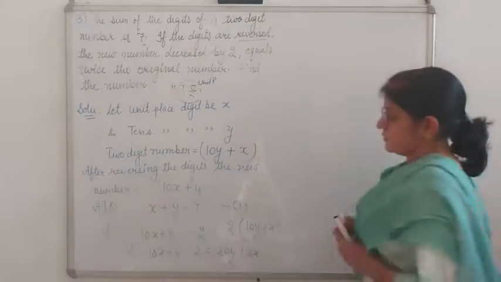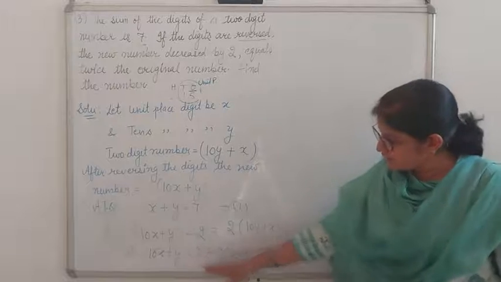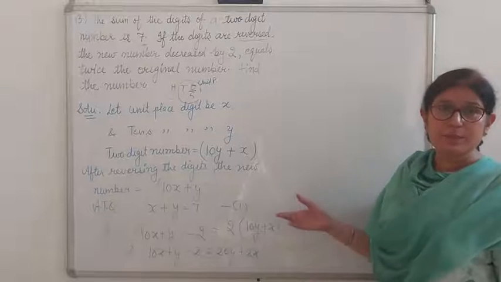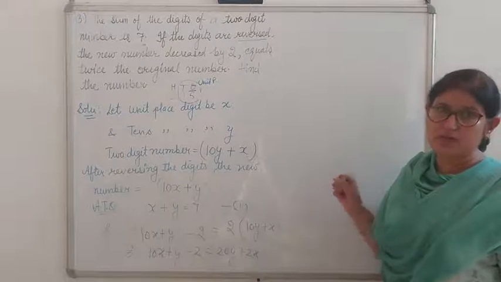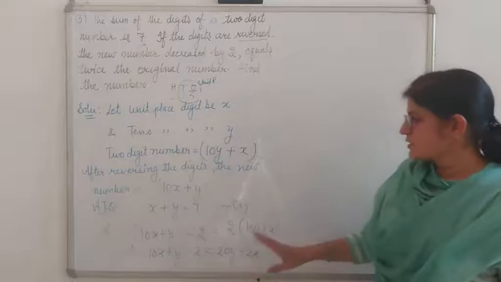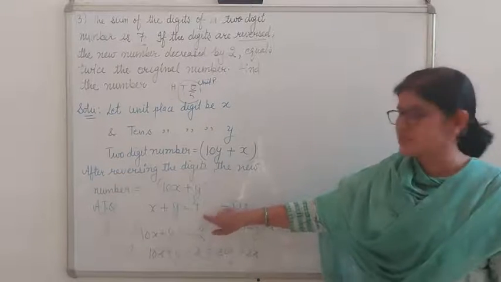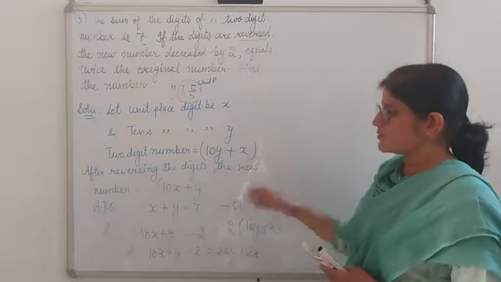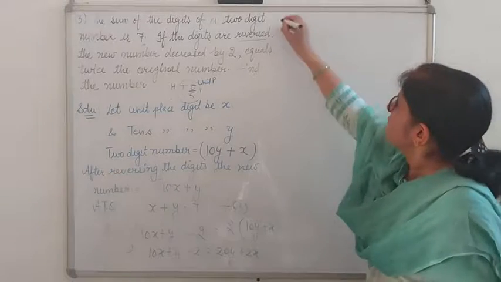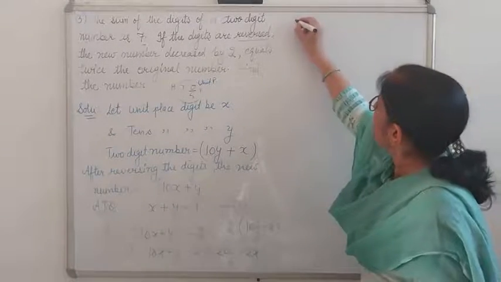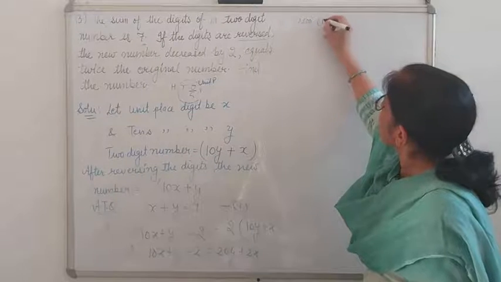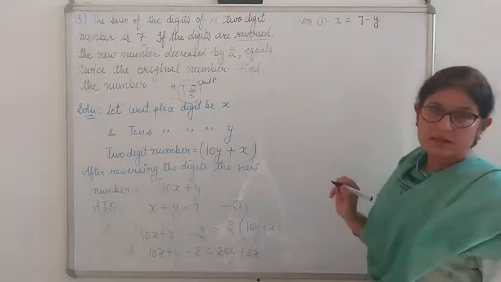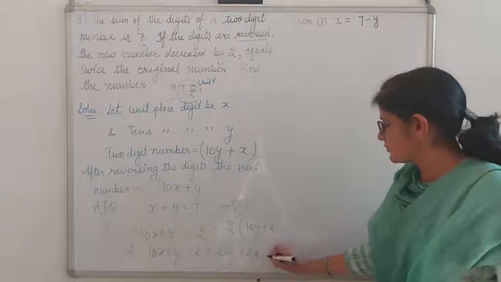What will we do here now? There are two methods. You solve this equation, then you take equations first and second, equate their coefficients, multiply, add or subtract and find the values. Otherwise, without solving it more, straightaway you take the value of x or y from first and substitute, and then you can get the value of the other one. So I think this substitution is the easiest one. From first, x is equal to 7 minus y. This value we have to substitute in second.